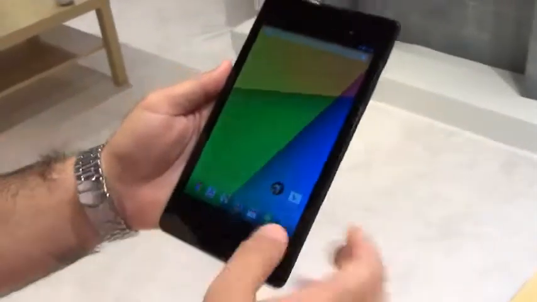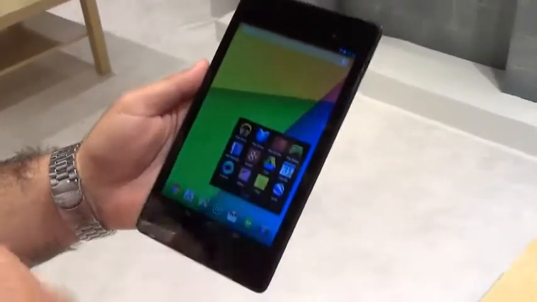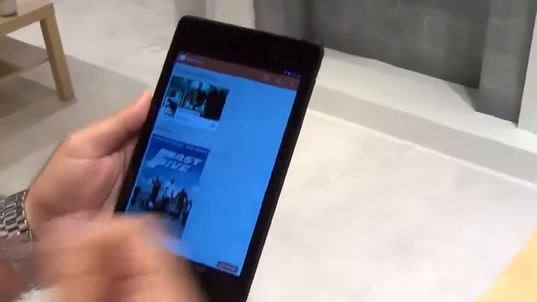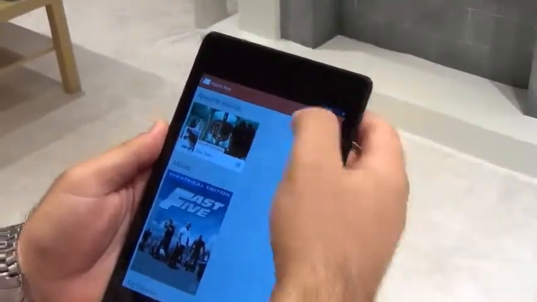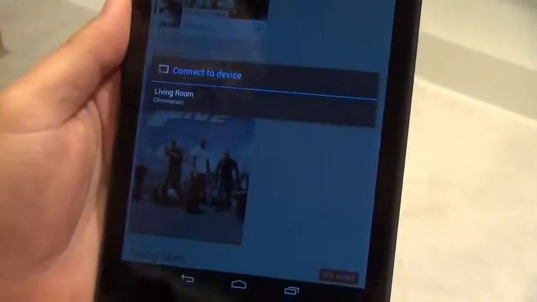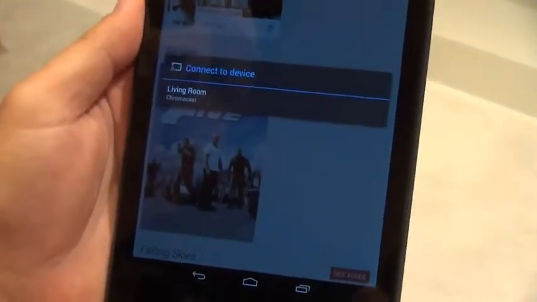The same can be done also from a Nexus 7. This is a new Nexus 7. I can go to play movies, for example, and I have rented here Star Trek, and I have this rental that I can play for the next 2 days. I can again, with the cast icon, I can click on it, and it will give me the option to connect. The Chromecast device here is called Living Room. I can select that, and it will start the